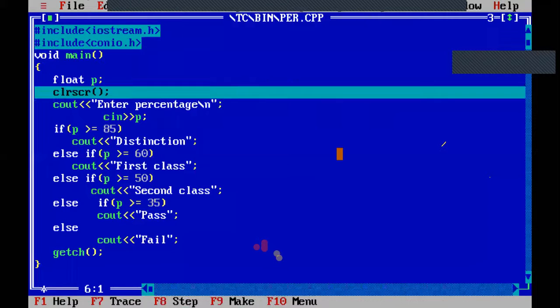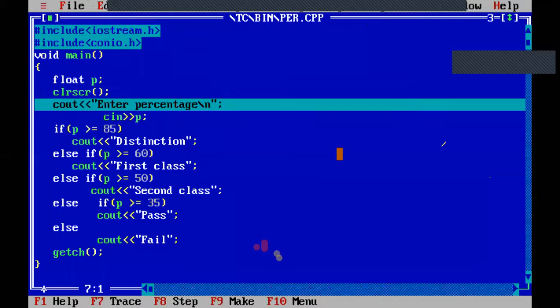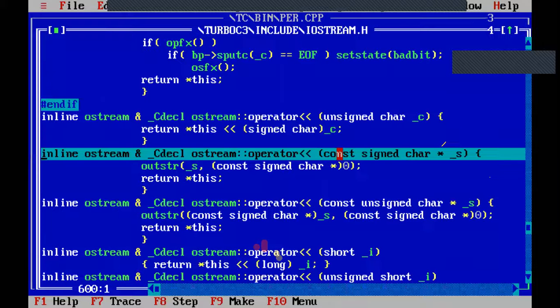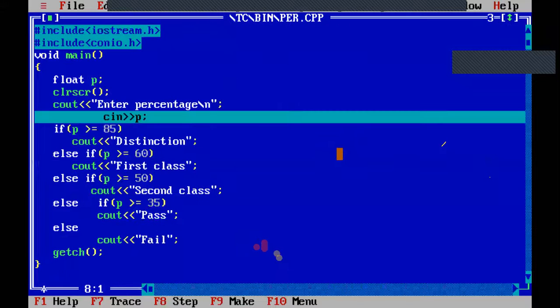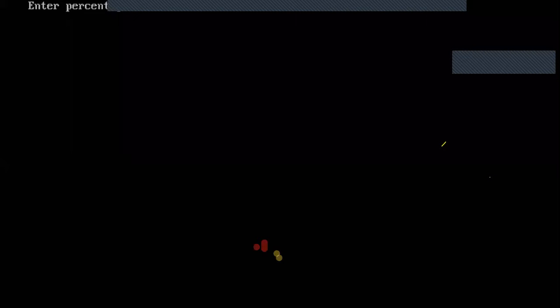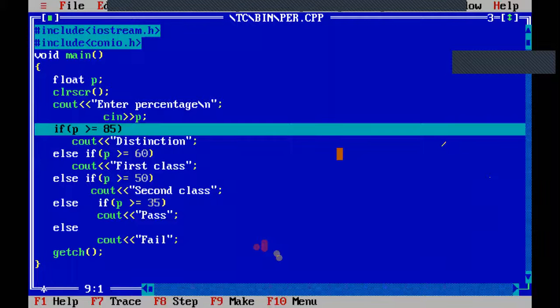Then cout enter percentage. Then cin. Whenever program control comes to the cin statement, it will move to the console screen. Now, suppose I enter the value 25. We know that 25 is less than 35, so it will print fail, but we should know how it executes.